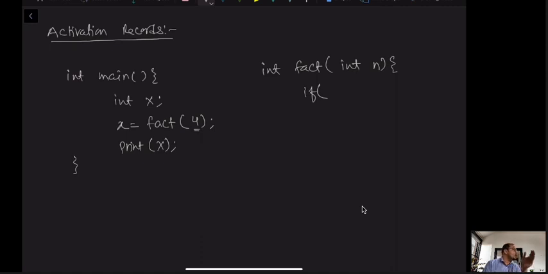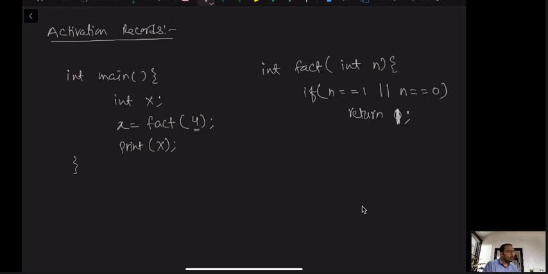So we are stopping at 1. If the value of n is 1 or the value of n is 0, then the factorial is 1. Factorial of 0 is also 1. So return 1. This is my base case.